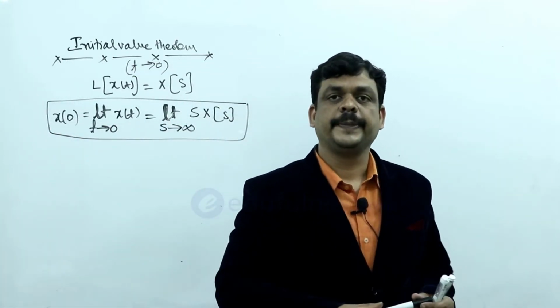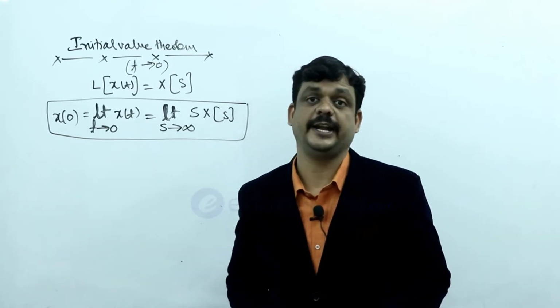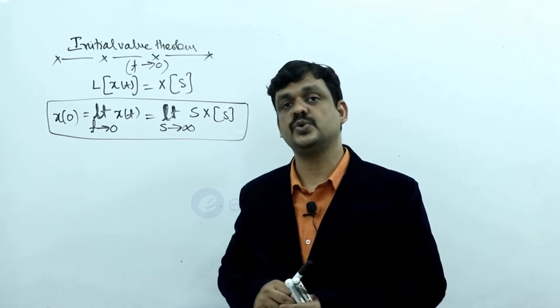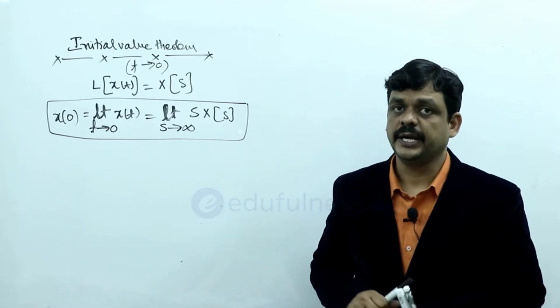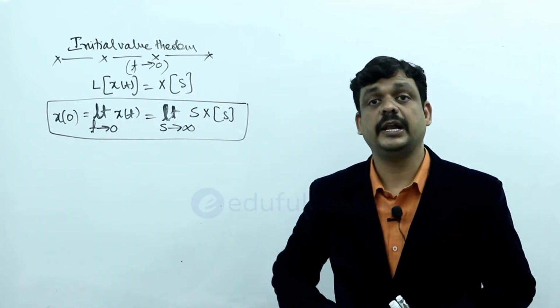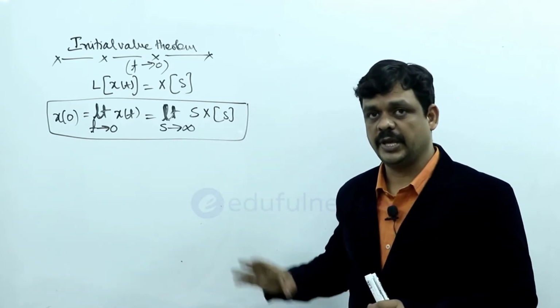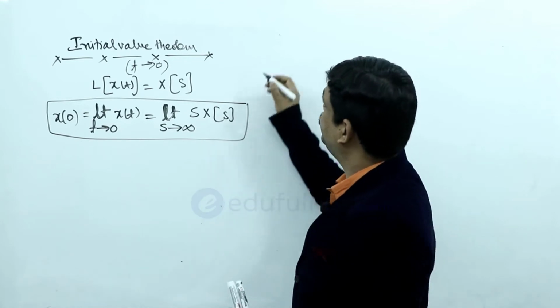In the time domain, if time becomes 0, in the frequency domain, frequency becomes infinite, because time and frequency are inversely proportional, right? The statement says limit t tends to 0, x of t is equal to limit s tends to infinity, s into x of s. Now we have to prove this. So to prove this theorem,